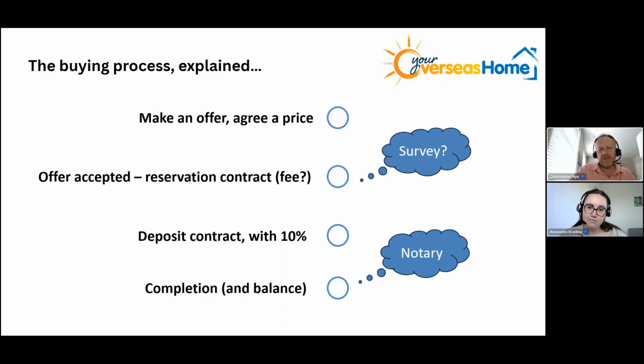If you just take a photo of the contract and send it off to them, they can usually say, "Yep, that's fine," or "No, no, whatever you do, don't sign that." And then once you've done that, I suppose one difference when buying property abroad is